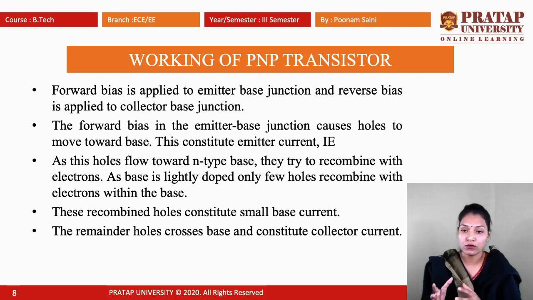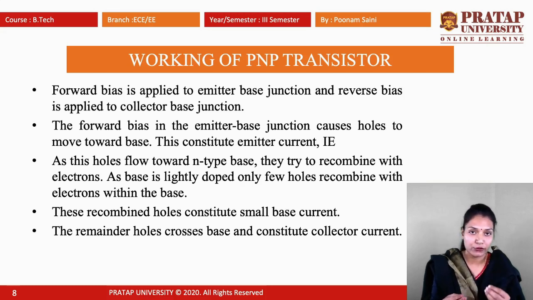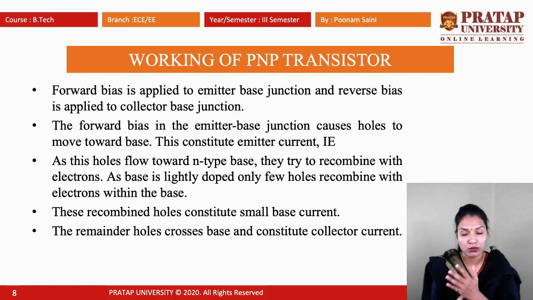And as the holes flow towards the n type base, they try to recombine with the electrons. The base is lightly doped, so only a little amount of holes is going to be recombined with the electrons. That's why only a small base current is going to be produced, that is IB. These recombined holes constitute the small base current, and the remaining holes cross the base and are collected at the output,